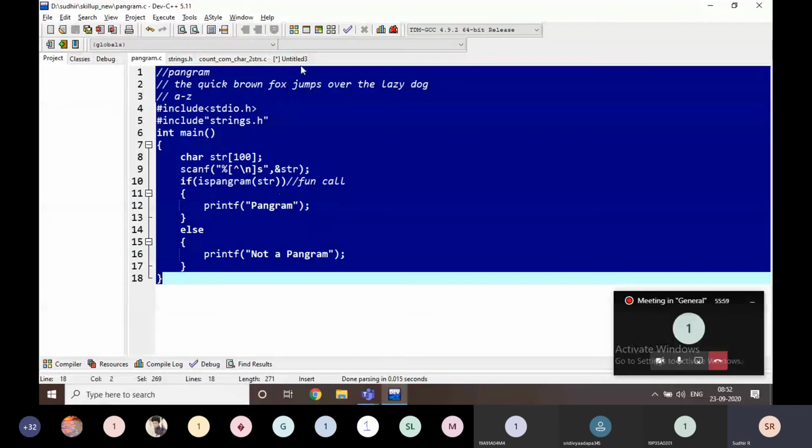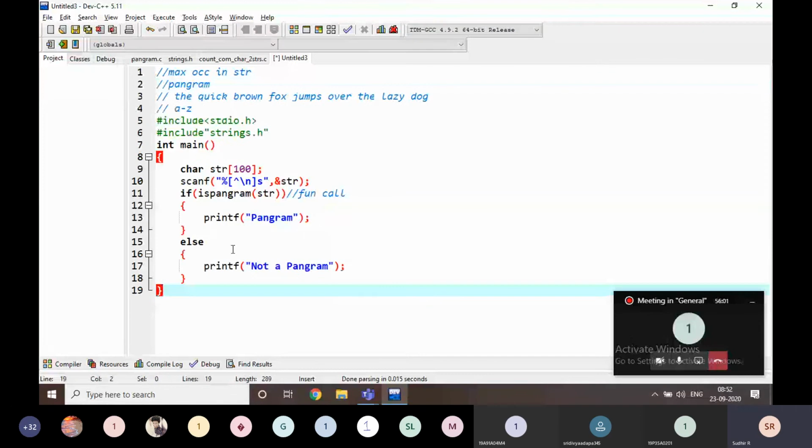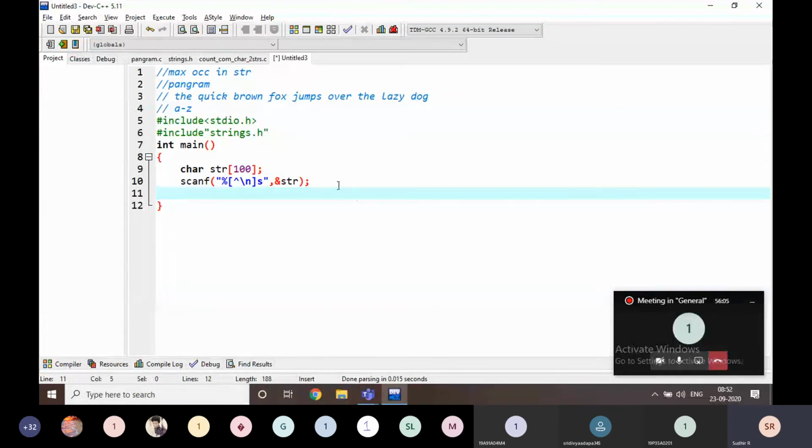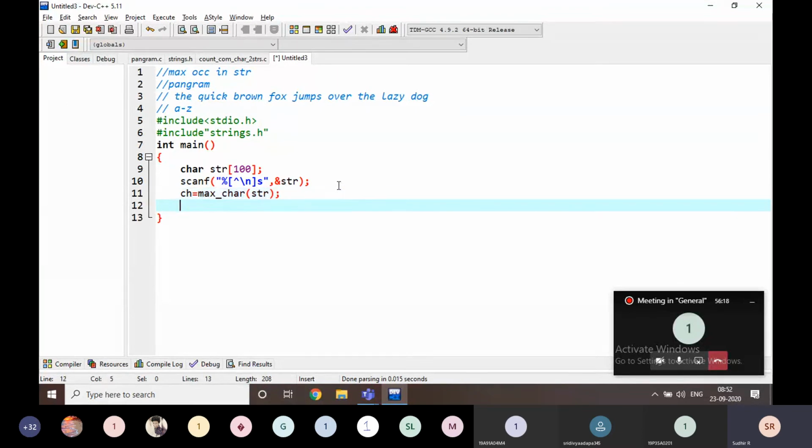I'm going to find it, but here I'm going to read it like this: maximum occurring character, ch is equal to max_char of str. I'm going to print, that is not an integer, that is going to be a character.